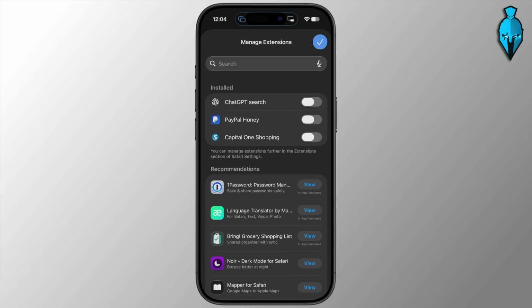Select that, and once you're in here, there's a lot of extensions that you could put in, but essentially just choose Create Extension. So hit Create Extension, and this won't pop up because I'm screen mirroring right now, but hit Create Extension, choose what you want the extension to do, such as adding a button that saves information from the web page or changing how certain content appears. And then of course, Safari will now use Apple Intelligence to generate the custom extension for you and add it directly to Safari. Whenever it's created, you can now use the new extension from Safari's toolbar whenever you need it,